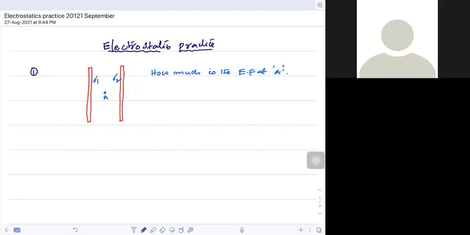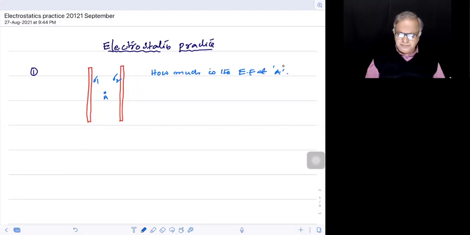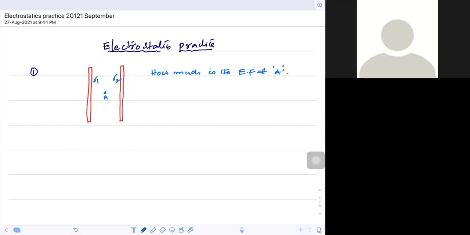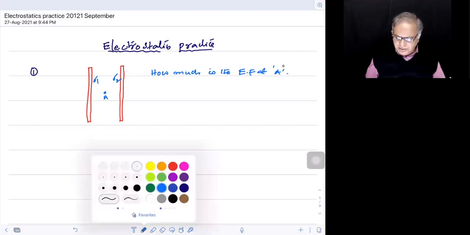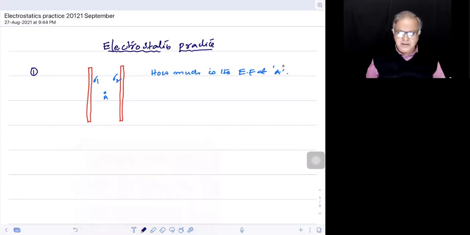Sir, if we consider some Q1 and Q2 charges on the plates, then we know the formula for inside the plates, it will be Q2 minus Q1 by 2. Okay, she started, all right. I don't even want to know or tell whether it is right or wrong. I would just simply follow what Shreya says. Let us see whether we get it right or whether we go wrong, how the things are happening.